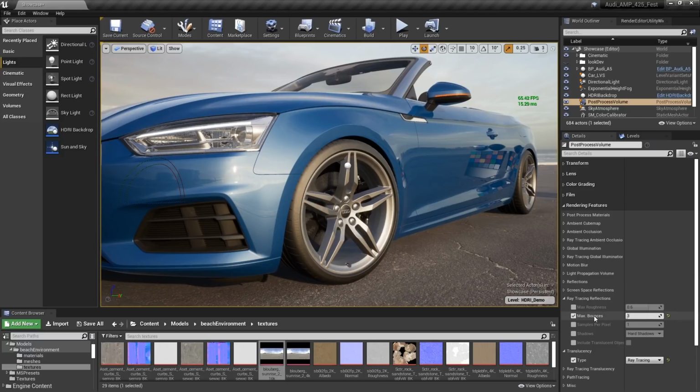So what that means is any pixel that's got a roughness value lower than 0.6, which honestly is the majority of pixels in my scene currently, is going to use the ray tracer to calculate the reflection. And any pixel that has a value above 0.6 is going to kick back and use the reflection captures to calculate what that reflection should look like. So that's what's happening on the wheels, it's using the reflection captures, and that doesn't really look realistic.